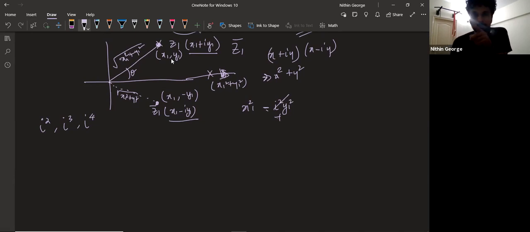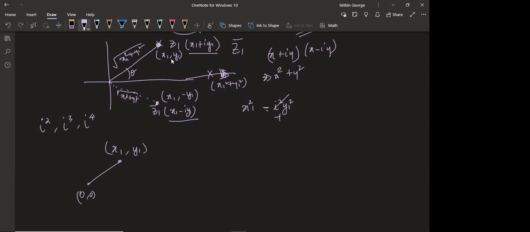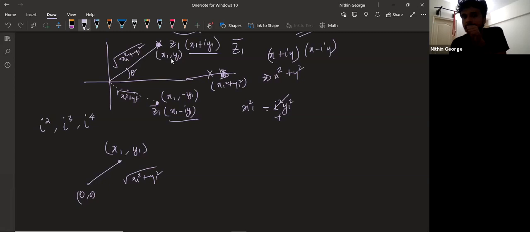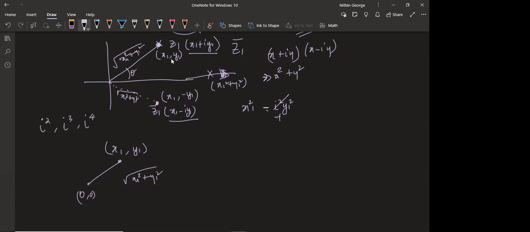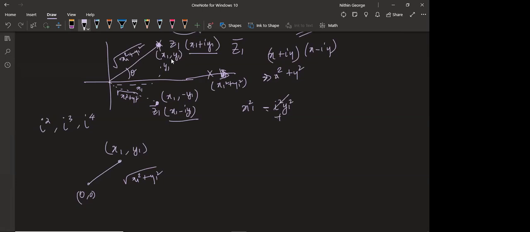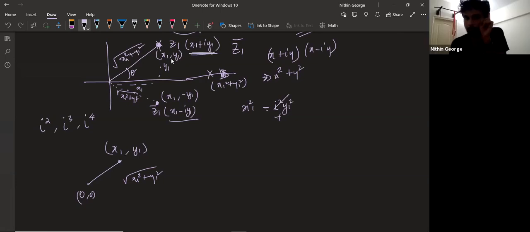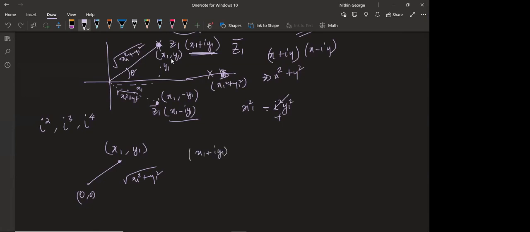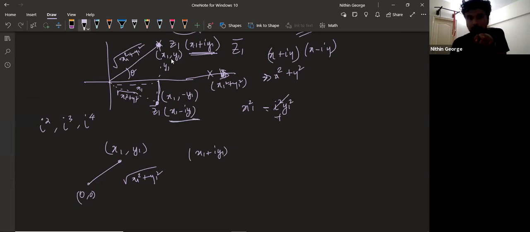And to answer your question, we had x1 comma y1 as the point. What is the distance from this to 0 comma 0? Root of x1 square plus y1 square. Yes, sir. So that is what I used here. This distance is y1, this distance is x1, and this is the hypotenuse. We do not include the complex number here, sir. No. It is the complex number x1 plus i y1. The same distance holds for this lower part also, which is x1 minus i y1. So that is how you represent that point.